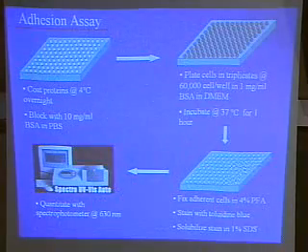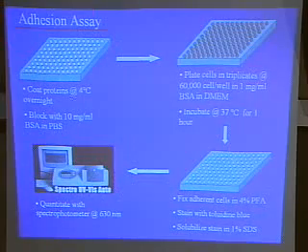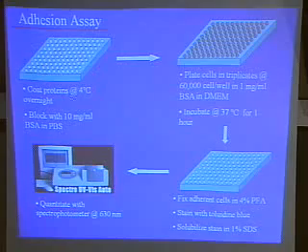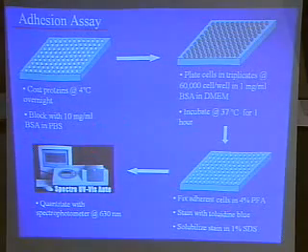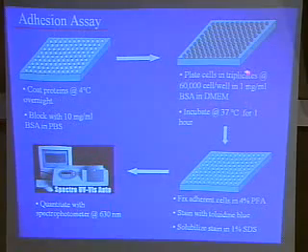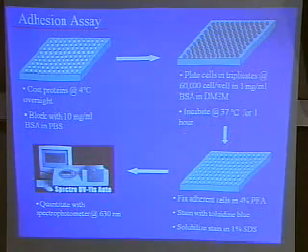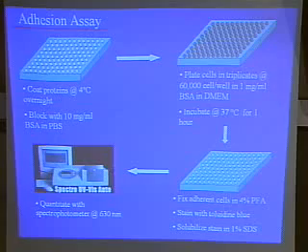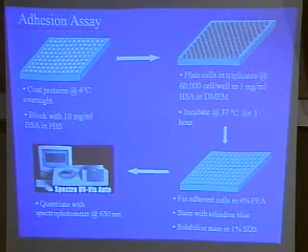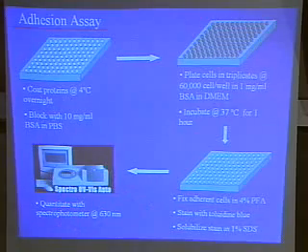And the first way we went about doing it is this assay we use in the laboratory called the adhesion assay, where we coat different protein ligands at 4 degrees overnight, and then we have a blocking step for non-specific binding. We plate the cells in triplicates and allow them to adhere for 1 hour at 37 degrees. Then we wash off the non-adherent cells, fix the adherent cells in paraformaldehyde, stain the cells with toluidine blue, and then we solubilize this stain in SDS, and then the solubilized stain is quantitated with a spectrophotometer.